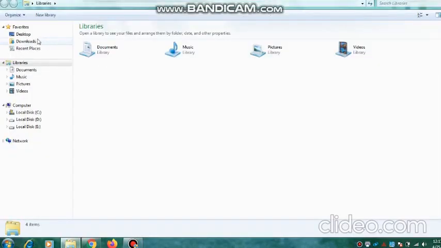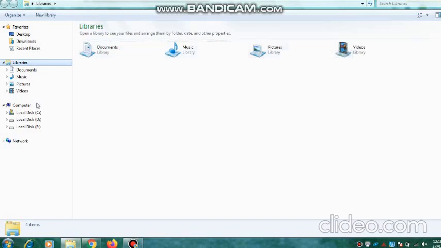As you can see, here there are two sides, the left side and the right side. On the left side, you can see the drives like C drive, E drive and D drive. And on the right side, whatever I have selected on the left side, as I have selected the Libraries folder, what kind of folders it contains is shown on the right side, like Documents, Music, Pictures and Videos.